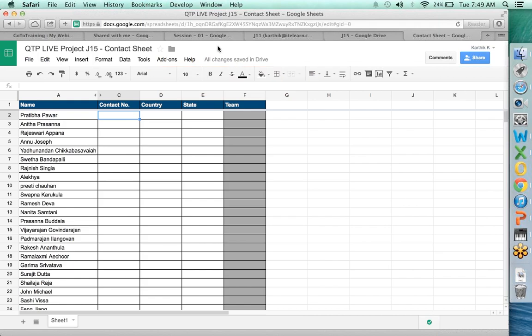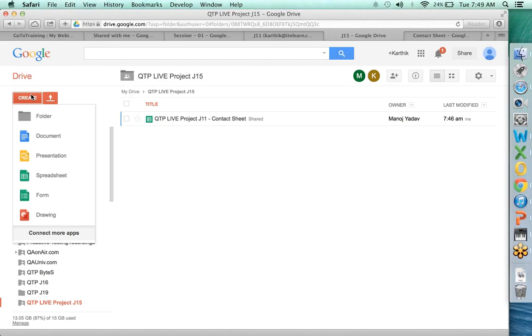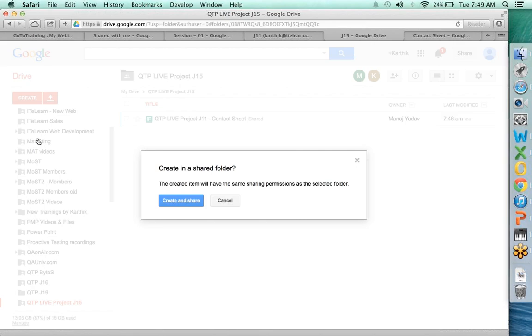All right, so the second thing I'm going to put into this folder is a document on what we're going to do for each session. So, in a session, I'm going to explain what's going to happen, how we're going to work, and so on, and that's going to be in here. So, I'm going to create a new document and I'll call this